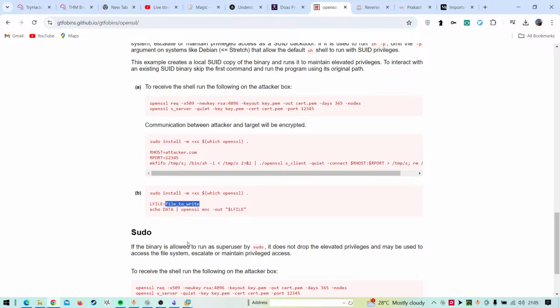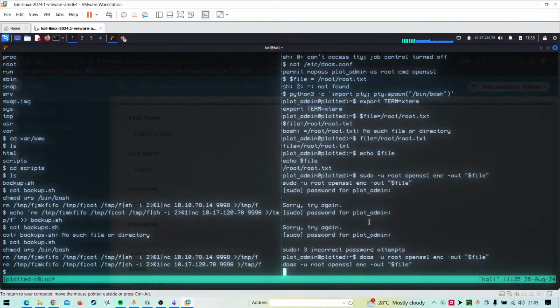Oh, oh fuck. I just messed up, I guess. It was to write and I just wrote it, not read. Oh God.